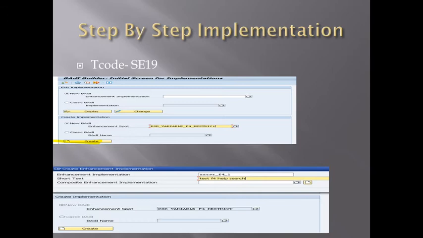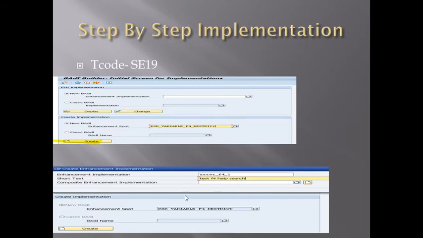Now the next agenda is the main agenda. In this section we will create a BAdI implementation from scratch. And believe me, you will feel it is very easy after seeing this video. So what is the T code? The T code is SE19.